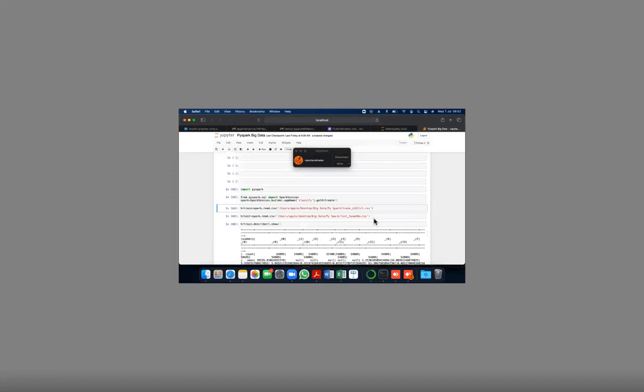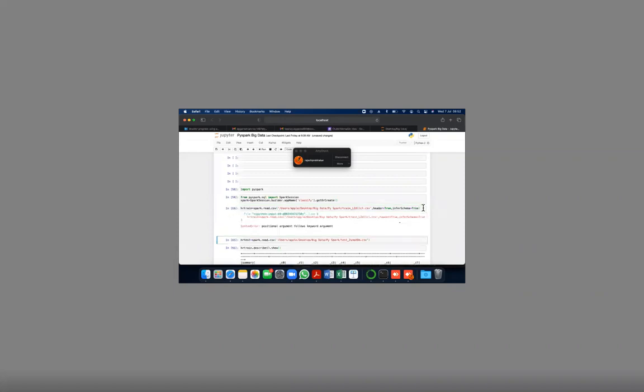Actually, what the problem was, when you imported, you forgot the critical arguments. Header is equal to true. So it is not reading the header. See, it has not read the header. It has taken it as C41, C42 like this. So you have forgotten header is equal to true, and also the other argument, infer schema is equal to true. That is the problem. The headers are coming as C041 or something like that.